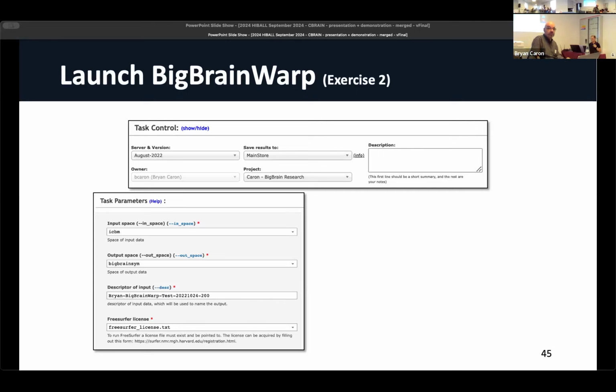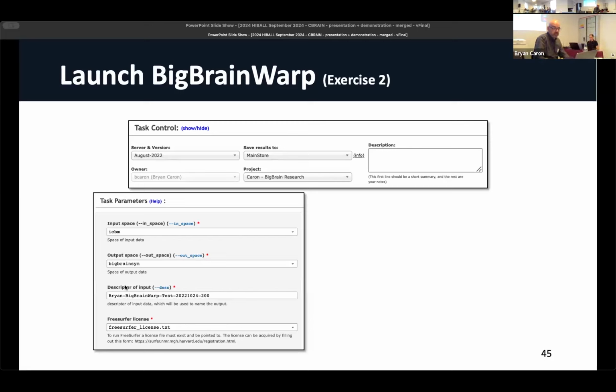Here in CBRAIN, it's presented as a set of menu choices. Some of them are drop-down menus. So for example, the input space. For this particular exercise, you want to choose the input space for the file that you've selected to be the ICBM space. If you click the arrow, you'll see a variety of different options, but in this case, we want to pick ICBM, okay? Same thing with the output. Normally, if you're typing on the command line, you're expected to type BigBrain Sim. Here again, with the arrow down, you can select BigBrain Sim from the menu of options. Those are the ones that are really key to the choice.